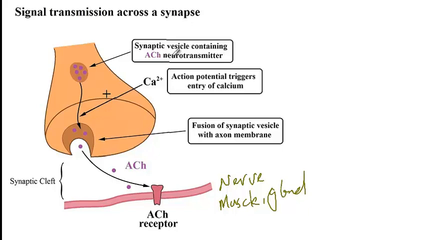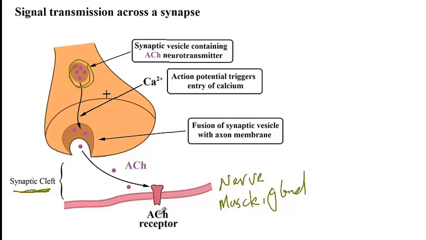So what happens at this stage is that there would be synaptic vesicles that contain the neurotransmitters. In order for neurotransmitters to get released into the space between the effector cell and the neuron, there has to be influx of calcium. And so once there is an influx of calcium, now the synaptic vesicles can fuse with the cell membrane, as a consequence of which neurotransmitters will be released into the synaptic cleft. So basically synaptic cleft is the space between a nerve cell and the next cell that receives the signals.